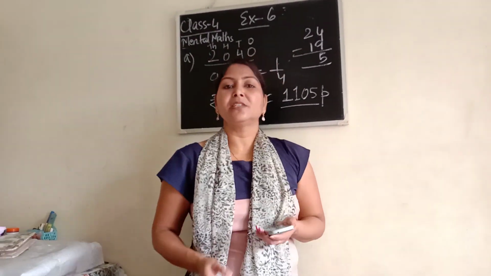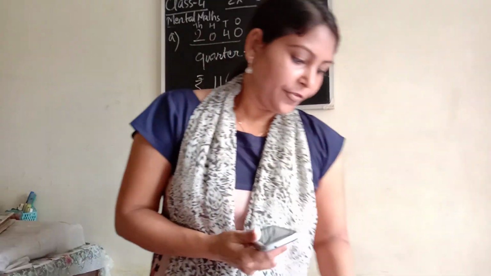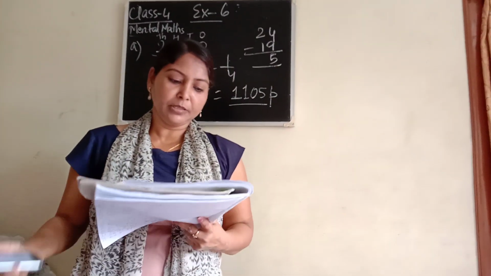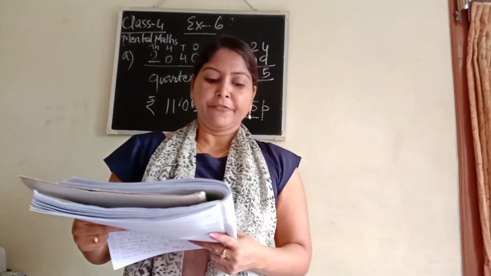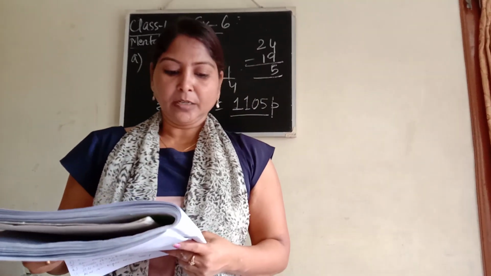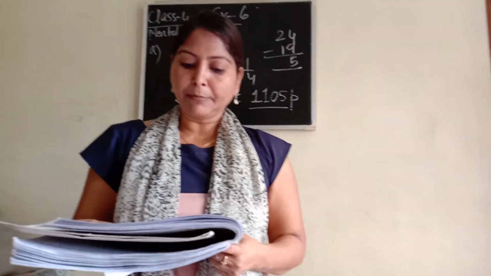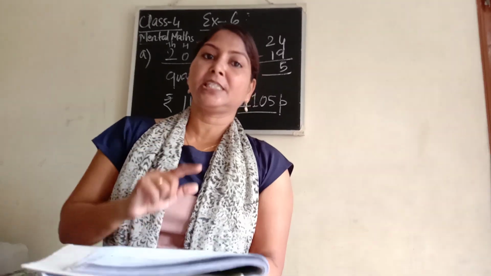You will complete these two exercises and just see if you can do exercise number 7 also. And in exercise number 7 also, it's very simple. First question, you have to find the sum of two numbers that are given. Then second question, which number is 6 less than the sum of 121 and 19. First you will add 121 and 19 and then you will subtract 6 from it.